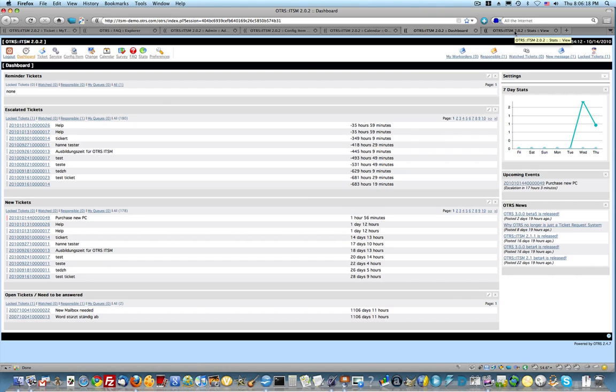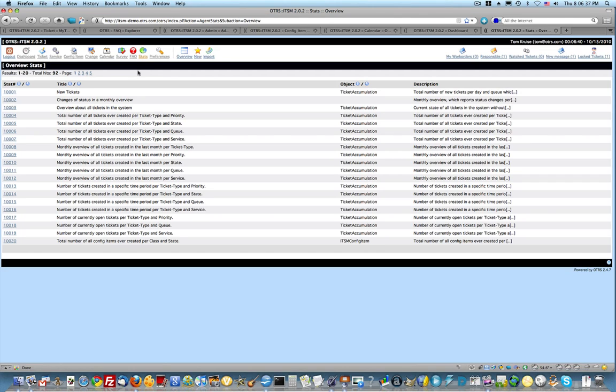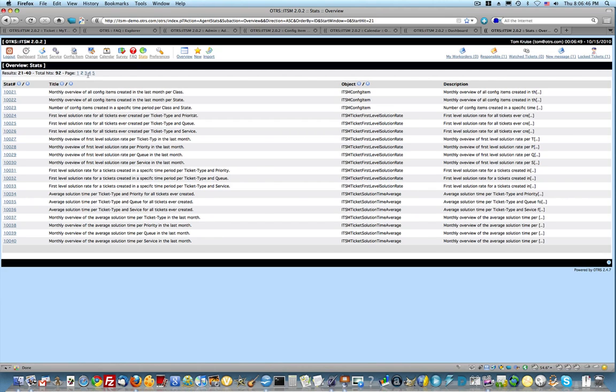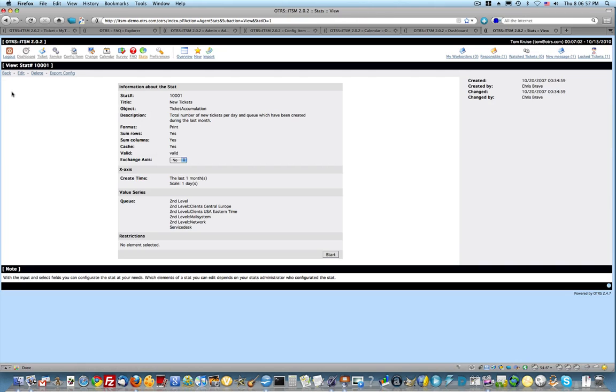And while all this information is being captured from the complete inventory, SLA, service level requests, and tickets, the whole thing is being captured, and we have the ability to look at a plethora of reports and stats. Here's a quick example. On this particular page, you'll see here that there's 1, 2, 3, 4, 5 pages of canned reports that we can implement. So to kind of give you an example of the reports that are in here, if we were to just take a look at a quick report of new tickets and align it to an SLA,